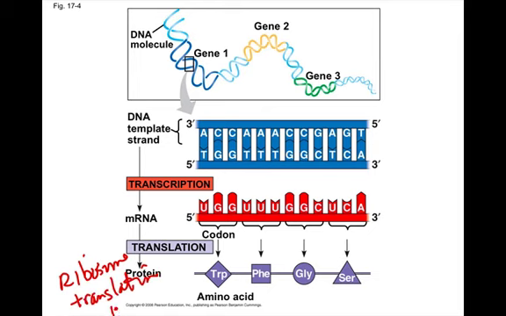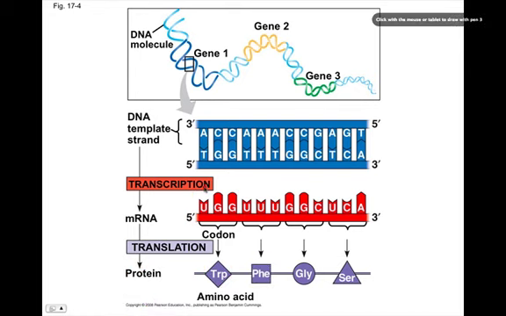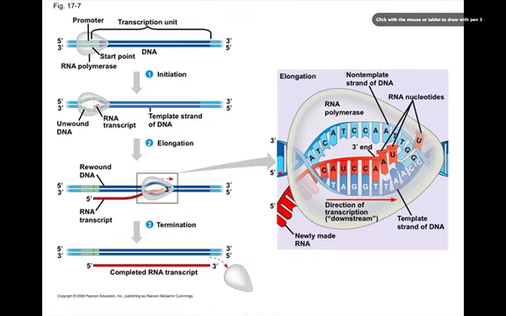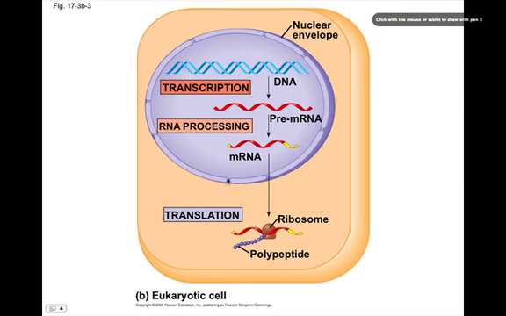Translation occurs in the cytoplasm. And for each 3 of the nucleotide letters, 1 amino acid is added. So the ribosome uses a triplet letter plan to translate this language from RNA to protein, and each triplet letter is called a codon. And this shown here is the transcription process using the DNA template strand